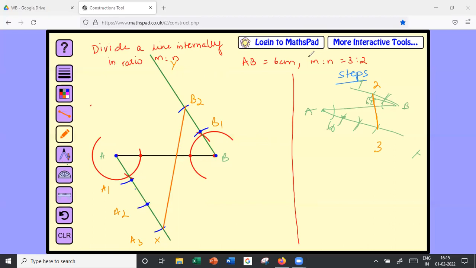Okay, so these are our two methods. Here they use similarity. Only thing is each method has one drawback. In that method you need to learn how to copy an angle. In this method you can't use BPT anymore because there's no parallel line concept. So here you need to justify using similarity. So you can prove that these triangles are similar, right? This angle is same as this angle and this angle will become vertically opposite angle.